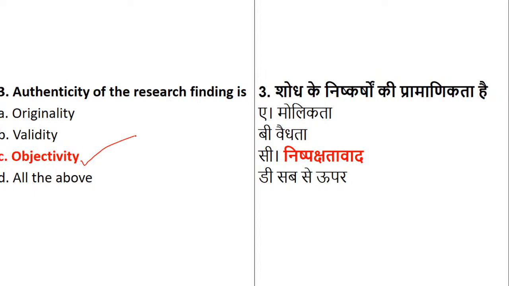Swaraj has asked about copyright, but here, when you're talking about the research findings, how will you understand that your research findings are authentic? It has to achieve the objective which you have stated at the start of the research, and that's the reason authenticity of research finding is nothing but objectivity. Is it clear?